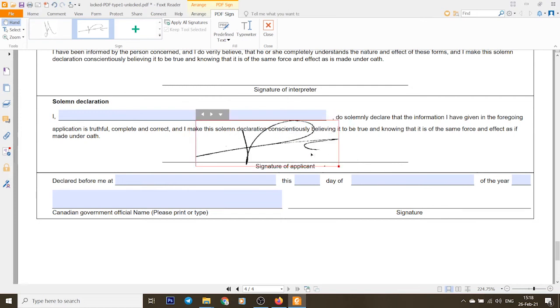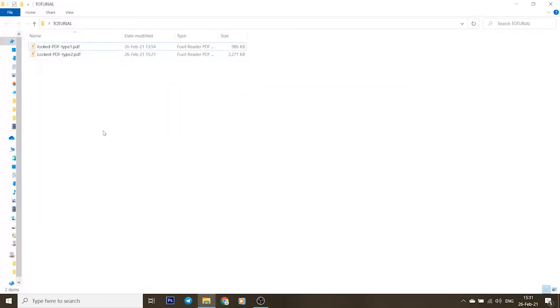But pay attention that you cannot always solve this problem the way that I explained. The problem will not be solved as easily as I said, and we have other types of locked PDF. For the second solution, I recommend you just open your locked PDF